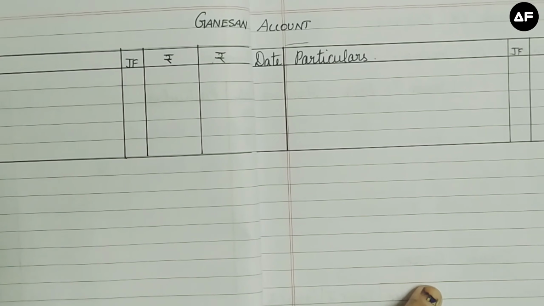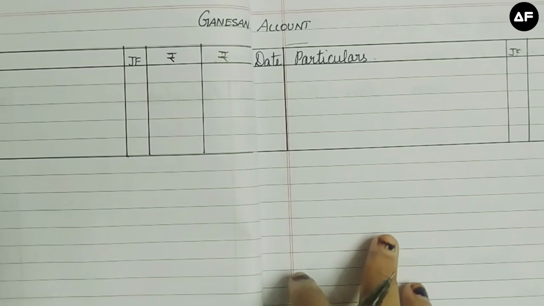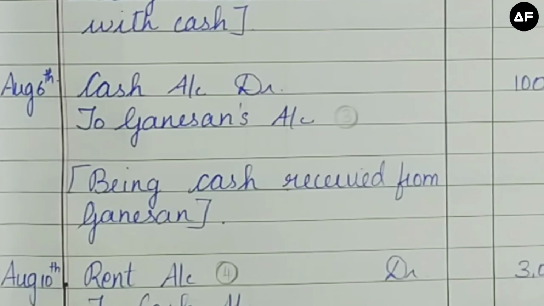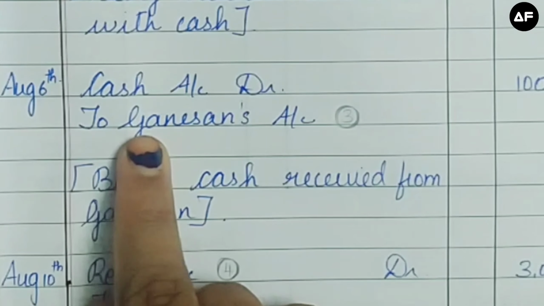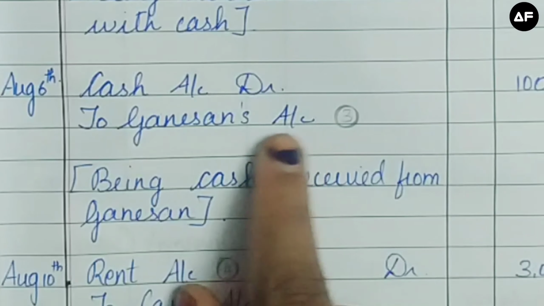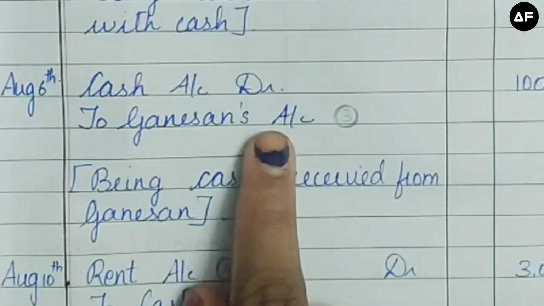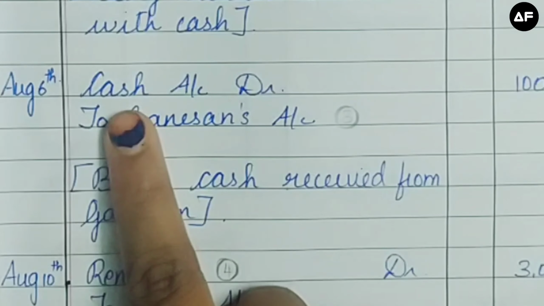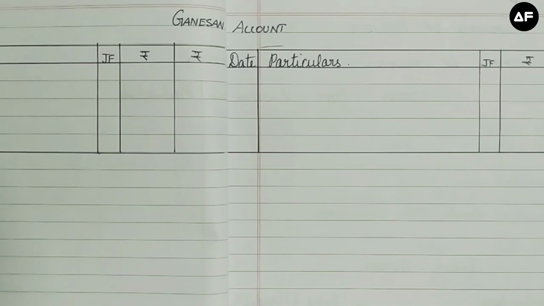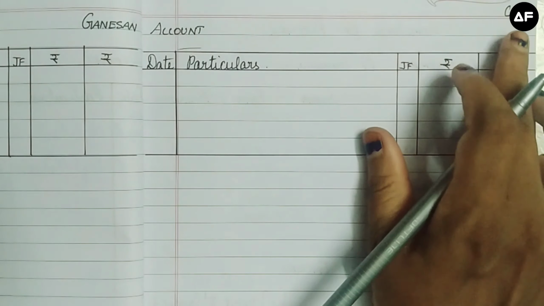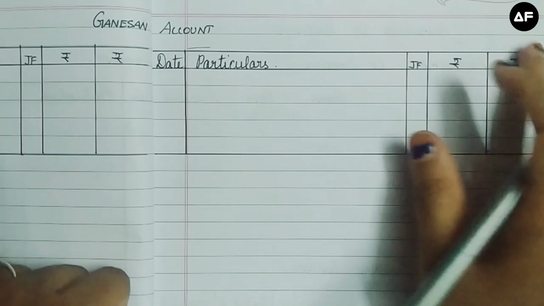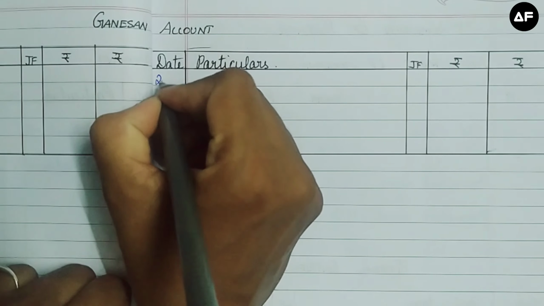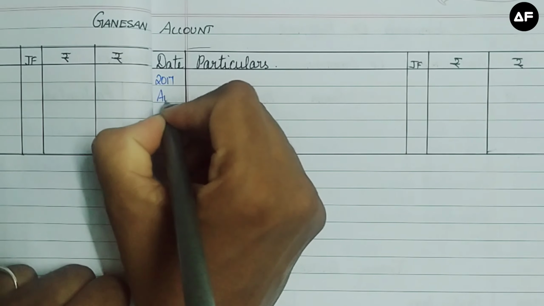So let's start with Ganeshan's capital account. I've written out the formats. Let's go into the journal entries and find out the posting of Ganeshan's account. So in the journal entry, we have only one transaction which records Ganeshan's account. So that transaction shows that Ganeshan is in the credit. Therefore, go to the credit side of Ganeshan's ledger account and record the opposite account's name, that is cash account. So we are back into Ganeshan's account and we're going to go to the credit side of Ganeshan's account and record cash account. So this is happening on the 6th of August. So first record the date, 2017 August 6th.